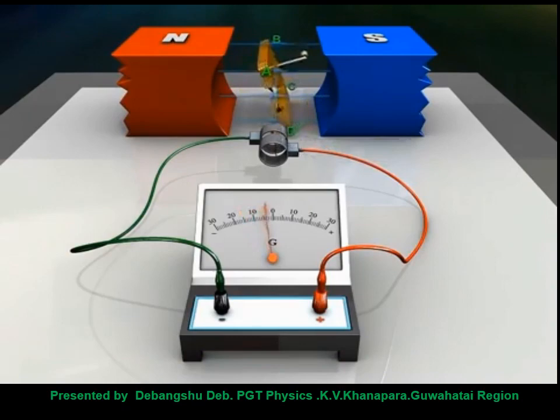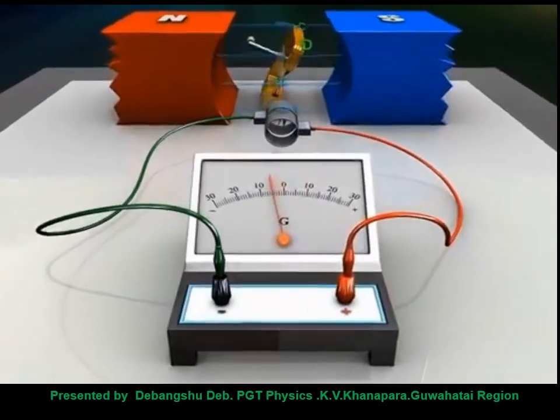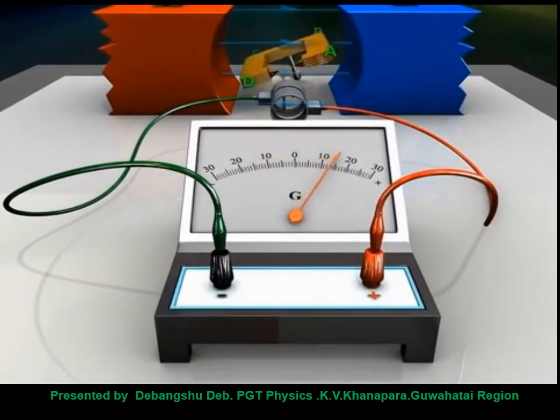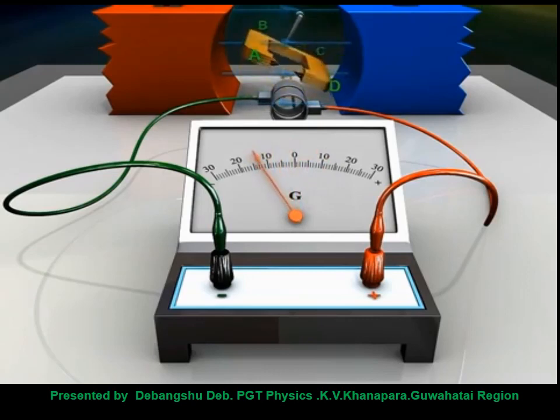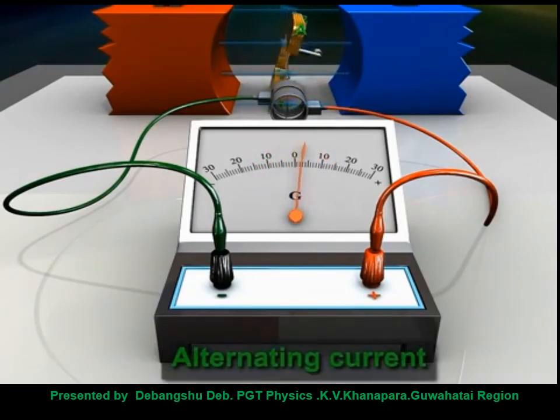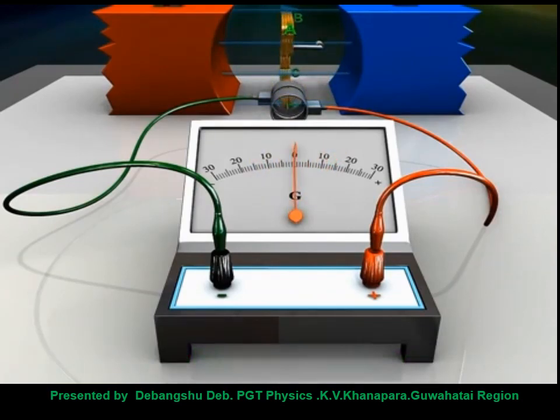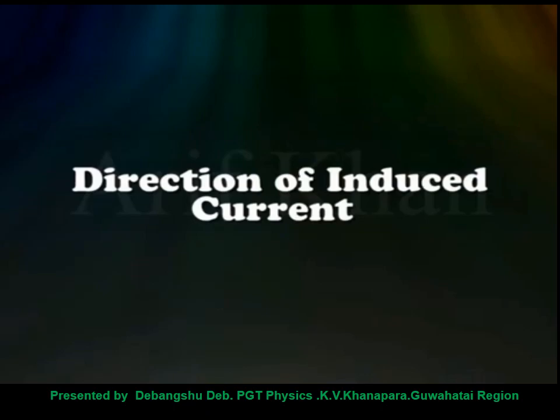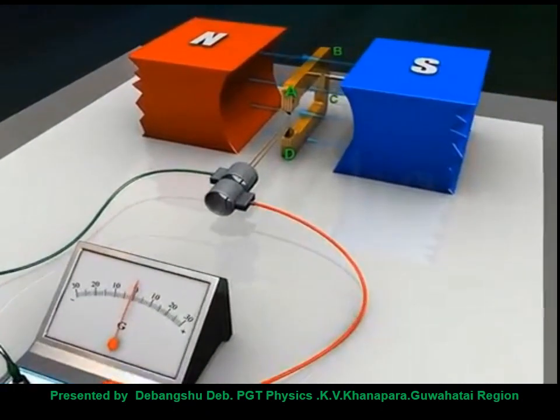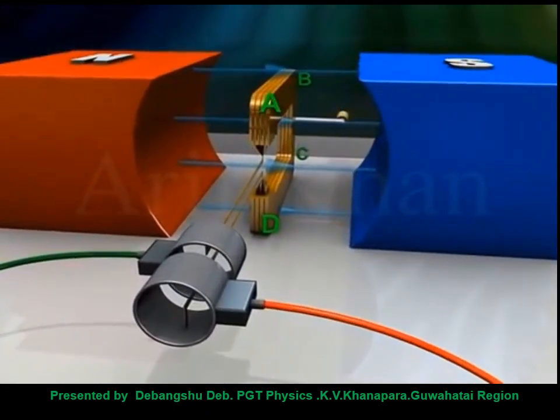You can see the direction of current is changing alternately. In the galvanometer you can see this. Now when it is rotated, actually what happens? Phi is NBA cos theta, theta is equal to omega t. Now this omega t changes, and because of that phi changes, and from Faraday's law E is equal to minus